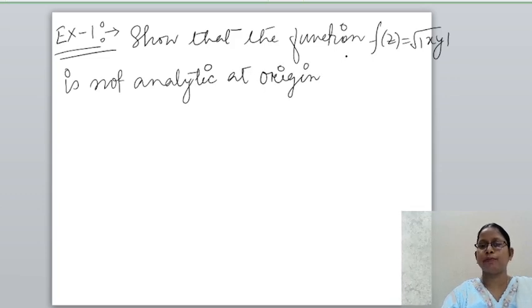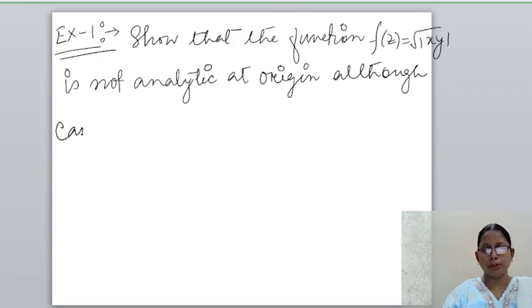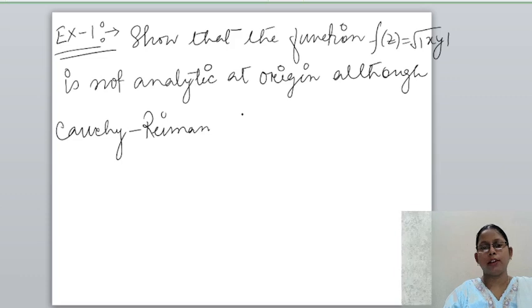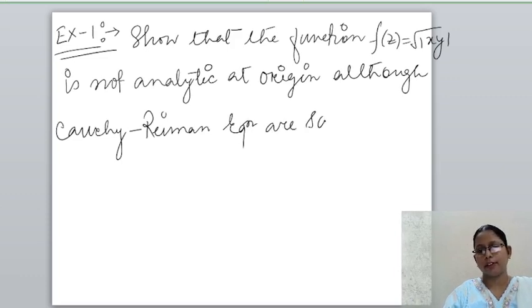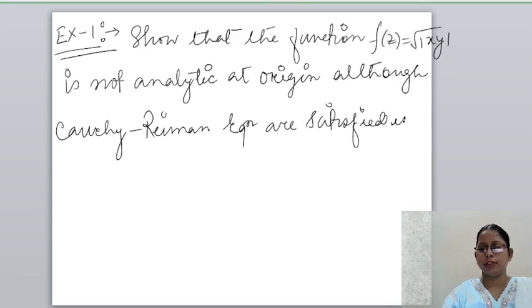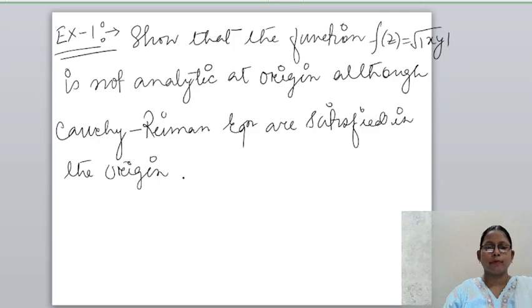although the Cauchy-Riemann equations are satisfied at the origin. Solution: